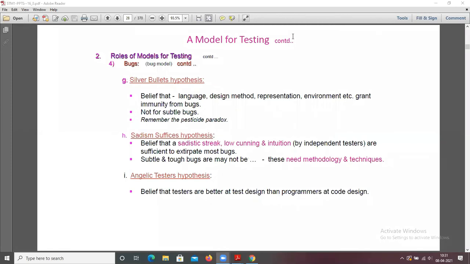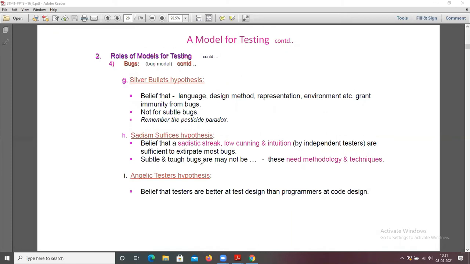Next, the silver bullets hypothesis: the belief that language, design, methods, representation, environment, etc. grant immunity from bugs. It's not so for subtle bugs. Then the sadism suffices hypothesis: the belief that a sadistic streak, low cunning, and intention by independent testers are sufficient to extirpate most bugs.